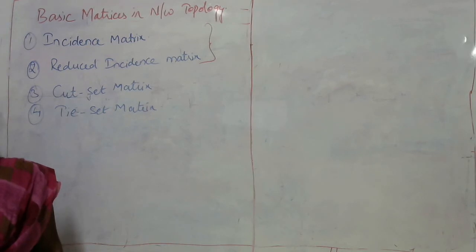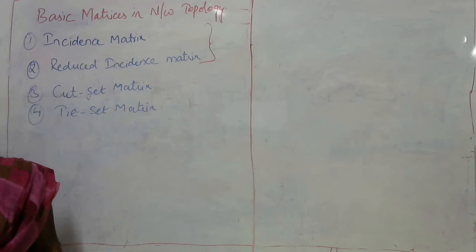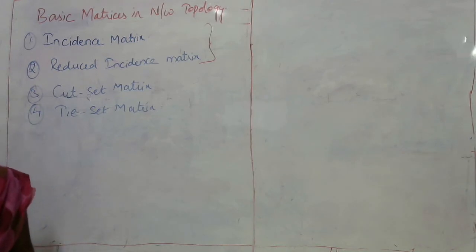Meaning the number of nodes in a graph should be equivalent to the number of nodes in a tree, but it should not form any closed loop. Closed loop formation should not be there in a tree. So if a graph is a complete graph, we can directly find out how many trees can be there for a complete graph.